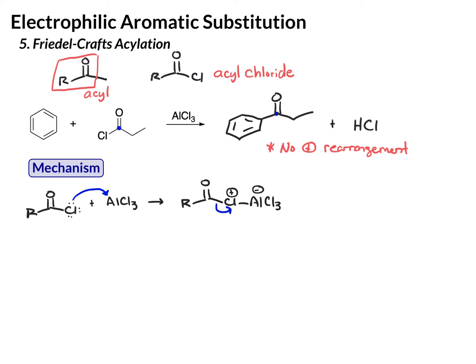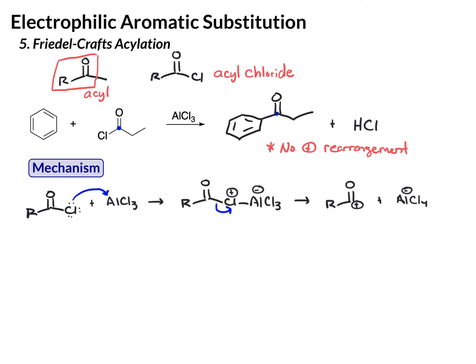So let's kick that out, and we end up with R, carbon double bonded O, a positive charge, plus AlCl4 minus. Now, we get this interesting carbocation here, which doesn't look all that great being on a double bond, but it's really not that bad. In fact, the reason we don't have to worry about this rearranging is because this carbocation